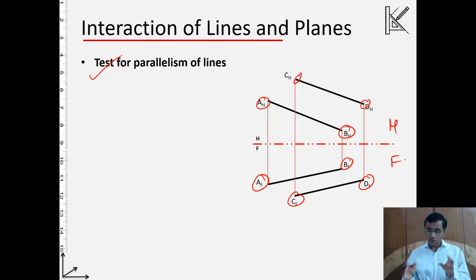Now we want to determine whether these lines, for which these projections are given, are parallel in the object space or not. Now there are certain things. If the projections of two lines on all three orthographic views appear parallel, then the lines will definitely be parallel. So what is the meaning of this?